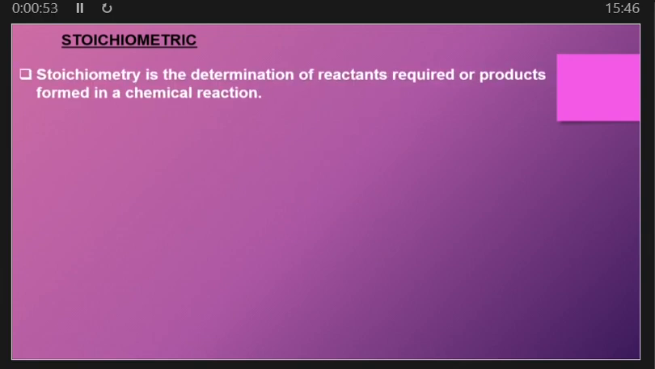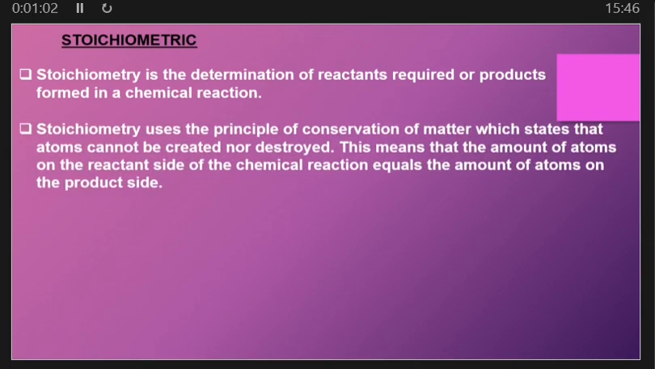Alright, so let us start with the stoichiometry definition. So what is stoichiometry? Stoichiometry is the determination of reactants required or products formed in a chemical reaction, right? So when dealing with the stoichiometry